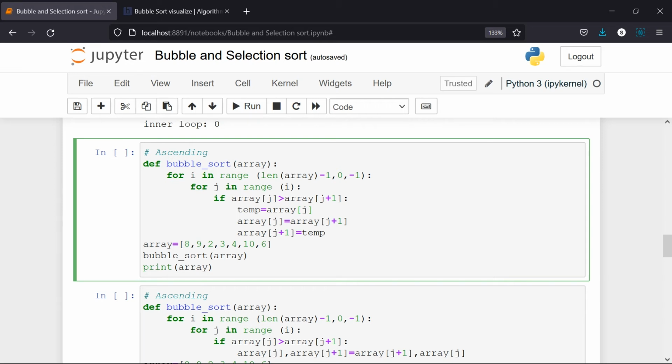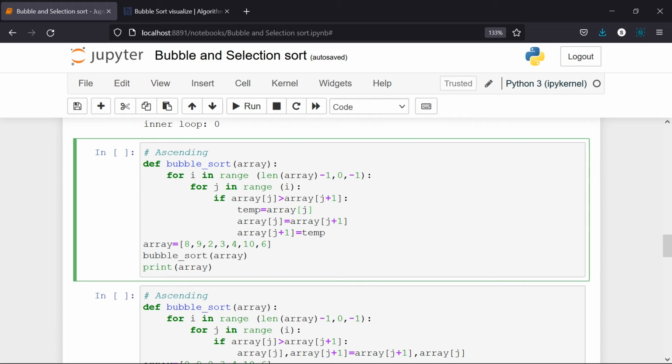An else statement is not needed here. There is no need of an else statement because the swapping is not going to happen, right? So again and again the iteration is going to be repeated. Whenever the first element is bigger, it is going to swap it. If it is not, we are not going to swap it.